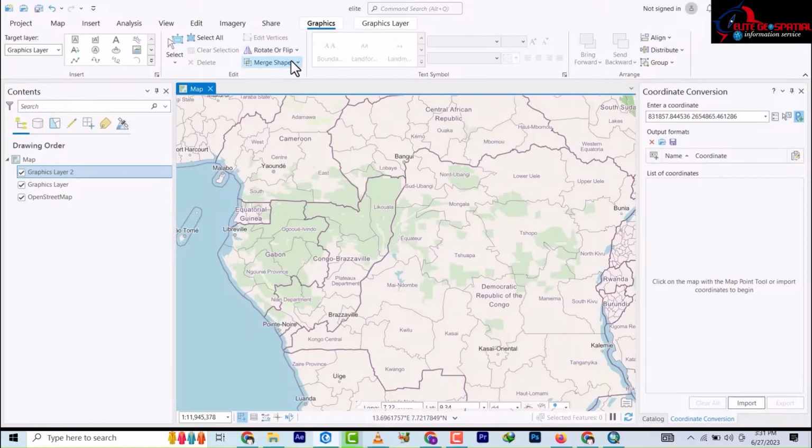You know, they rotate and flip, they merge, all of them are the same. It's just a matter of improvement and all that. So last but not the least, we have something up here which we didn't touch. This is more like you open a new document, new map document. Then this is where you're saving, you're importing your map document, and then you're saving your work, normal saving. Then this is undo and this is redo. Okay, so basically I think we've done justice to